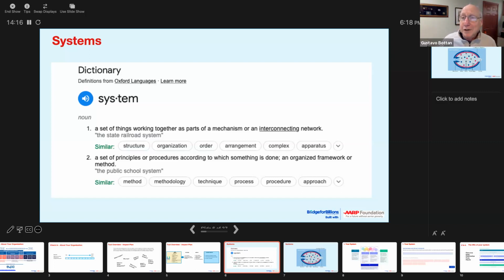Although you have infrastructure things, you need schools, okay? But the public school system, that's a system, has a method, ways of teaching, the techniques of teaching, the processes that they use. They have procedures and rules and regulations and approaches and a full number of other characteristics. Well, that's also part of describing a system. So if we take this as a first grasp of what we are talking about when we say a system,